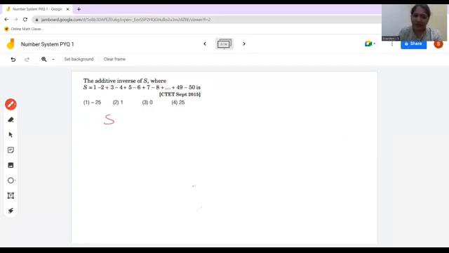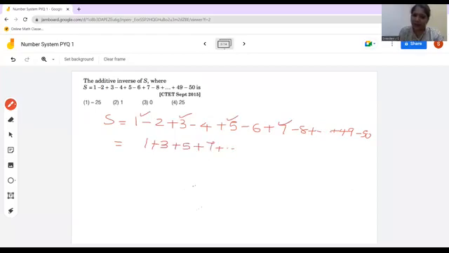So let us see. S is given as 1 minus 2 plus 3 minus 4 plus 5 minus 6 plus 7 minus 8 plus etc. plus 49 minus 50. So we can split it. I'm going to split positive numbers together and negative numbers together. You can see the odd numbers are positive in sign, so we can write 1 plus 3 plus 5 plus 7 plus etc. plus 49,